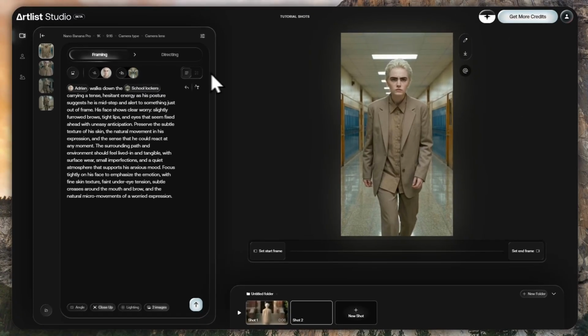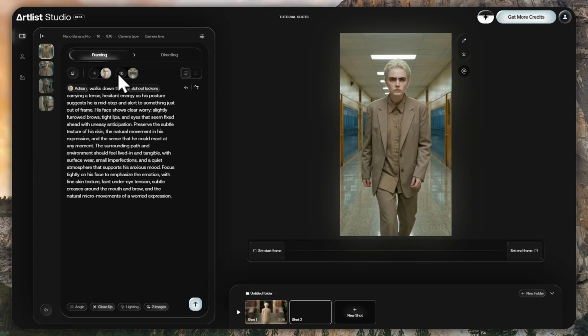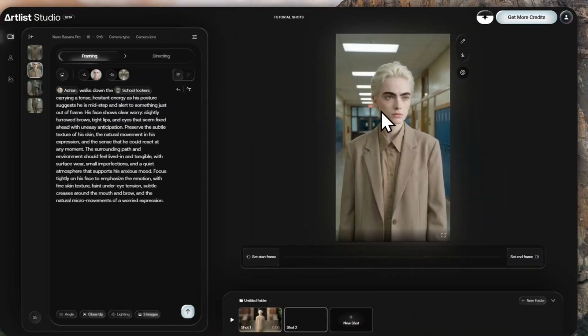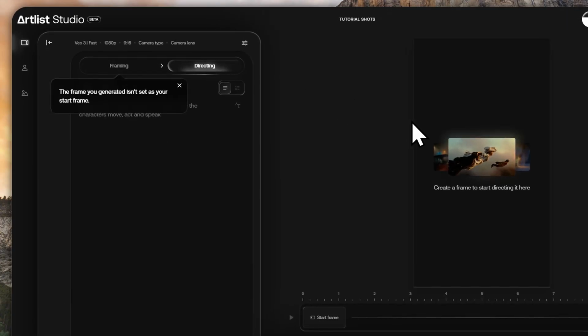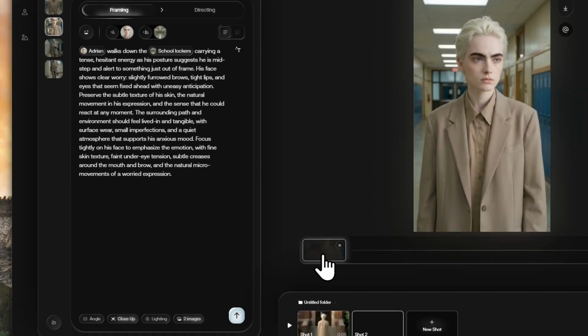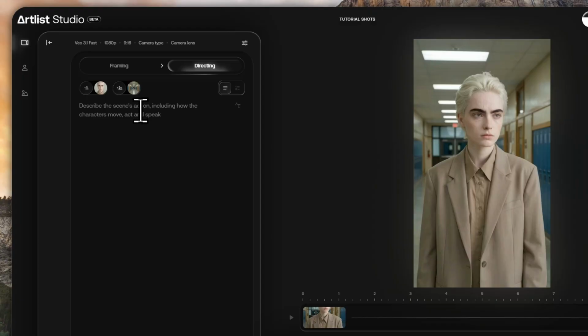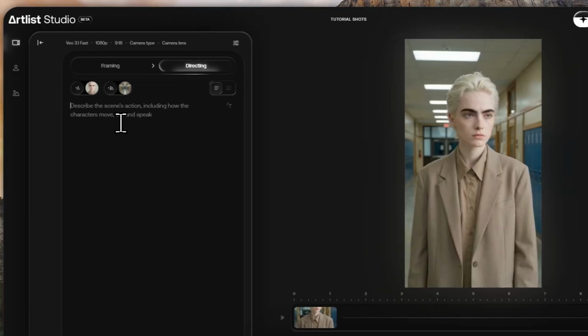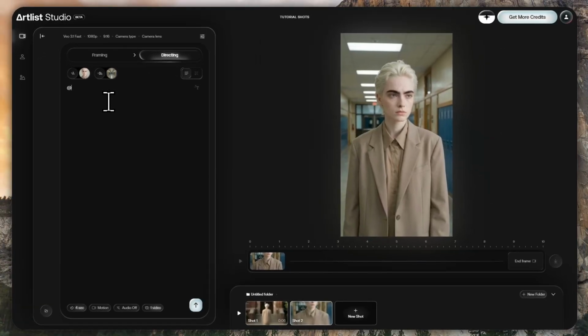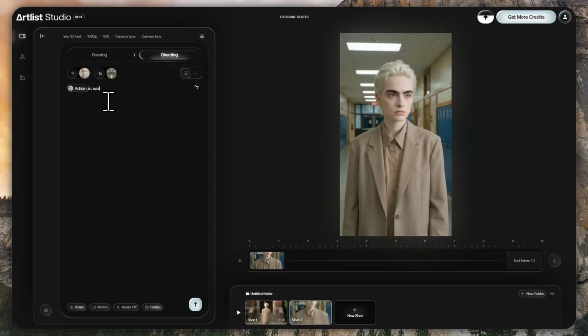Alright, so now I think we have a much better result, although it's not as close up as I'd want. I think this one is better actually, so this is quite close up, and I'll be using this now as an example. So now we'll be proceeding into directing because I have now found a frame that I really like, and don't forget, click on set start frame. And then now I'm gonna go and direct how the character is gonna move and how the video would proceed. So basically here, Adrian is walking